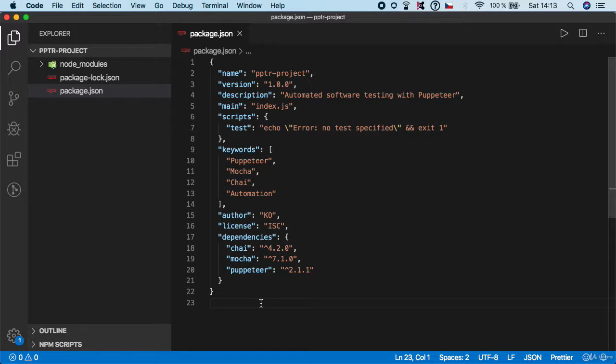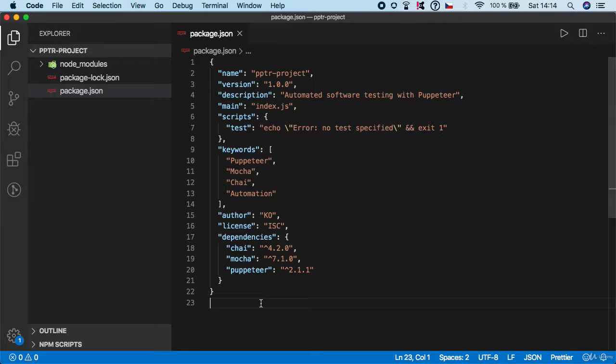Well, it's simple. First, you install the Prettier package and then you create a Prettier configuration file where you set your linting rules, and there are a lot of options. I'm gonna show you the most important ones which I use on a daily basis. If you want to learn more about Prettier, feel free to visit the prettier.io website, and there are a lot of resources to learn from, and of course, full documentation.